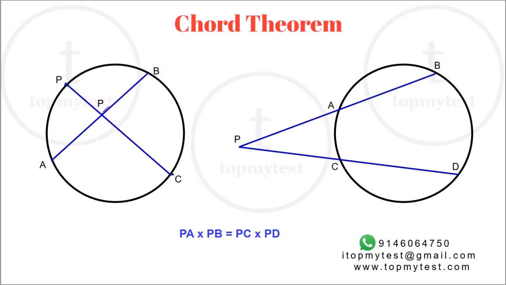Now, if you have two chords, they are either parallel or they might be intersecting. If they intersect, they can intersect either inside the circle or outside the circle. Irrespective of whichever way they intersect, you can prove using similar triangles that the segment PA into length PB will be equal to PC into the length PD, right? This is the application of similar triangles. You can use it pretty easily and get this relation as well.